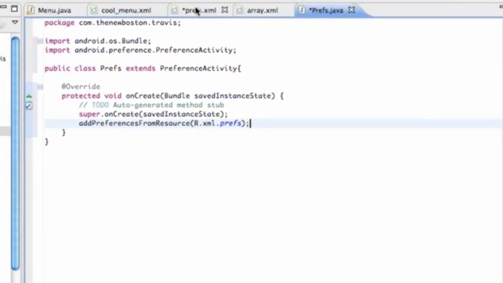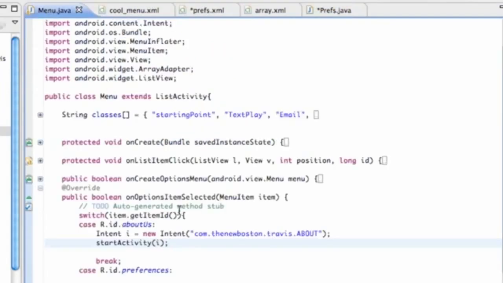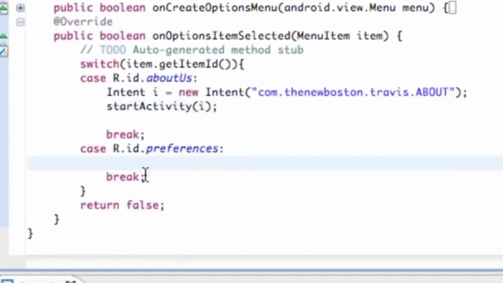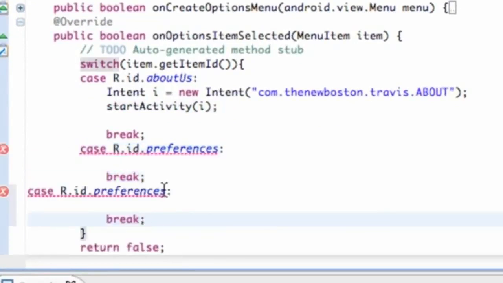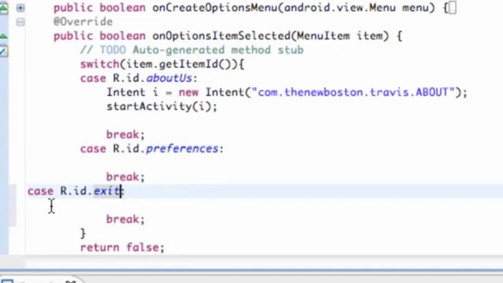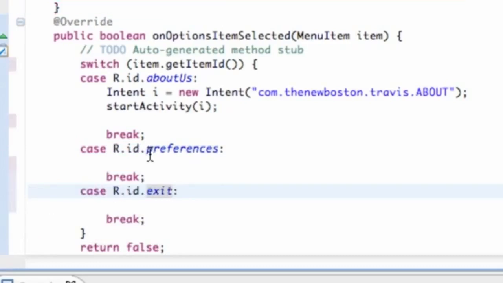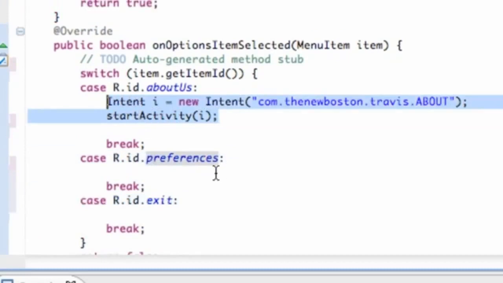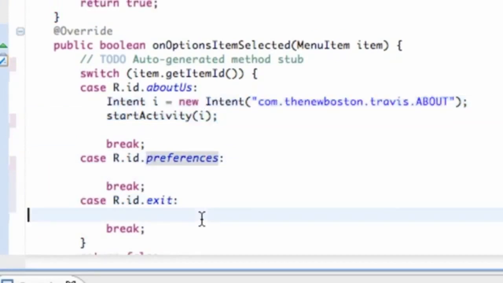So what we're going to do is go back into our menu class where we set up our MenuInflater and our menu options, and we have this one if the preferences was clicked. I'm also going to copy this real quickly and paste it, since I added that other item, which was called exit. So there we go, Control-Shift format, and now what we're going to do is set up a new intent that's going to open our preferences, and also our exit, which is going to just finish